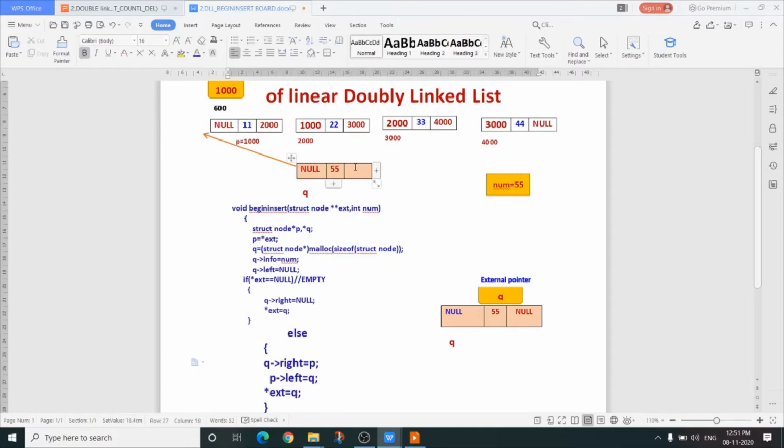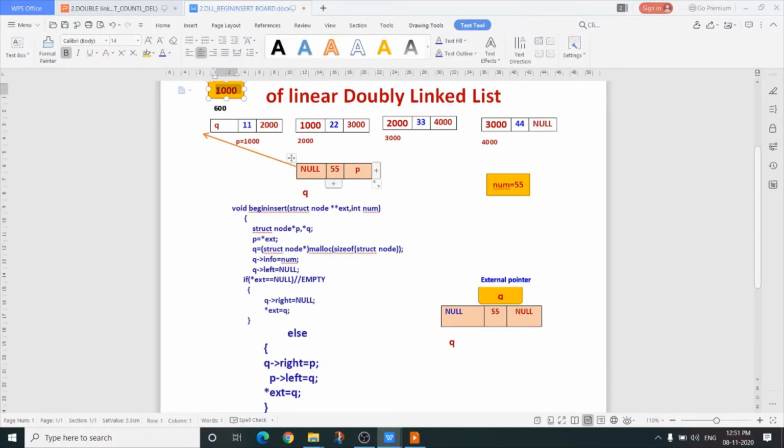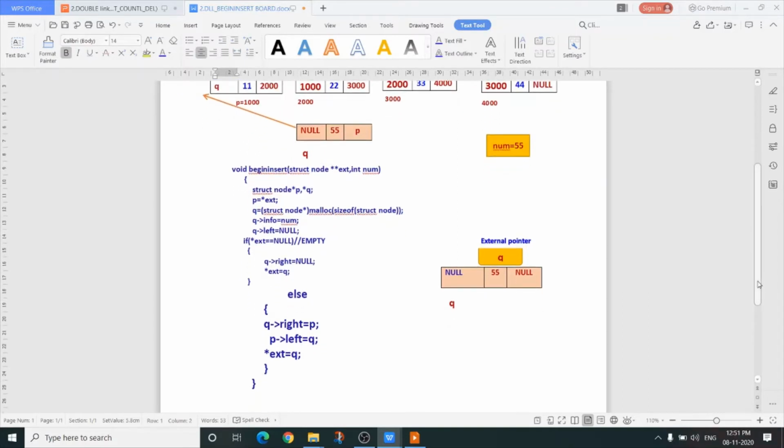So q arrow right should be this p and p arrow left here because I want to add this node here. So p arrow left should be this q, our newly created node's address, that is q. And because this one will be our first node, star ext equals to q. So I am showing the total function.